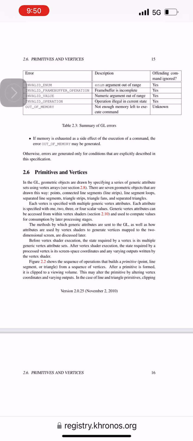may insert new vertices into the primitive. The vertices defining a primitive to be rasterized have varying outputs associated with them. 2.6.1 Primitive types. A sequence of vertices is passed to the GL using the commands draw arrays or draw elements. See section 2.8. There is no limit to the number of vertices that may be specified, other than the size of the vertex arrays. The mode parameter of these commands determines the type of primitives to be drawn using these coordinate sets. The types, and the corresponding mode parameters, are: